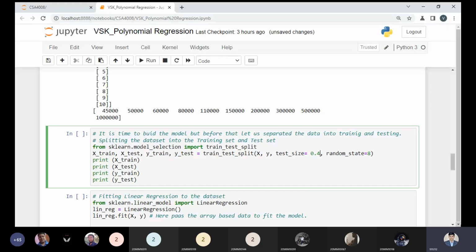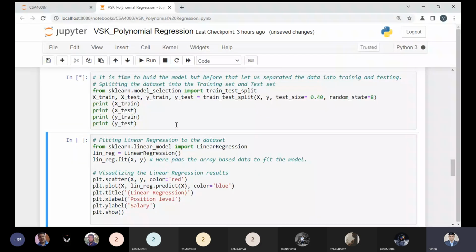Of course we have 10 total rows. So out of the 10 rows, 4 rows belong to the testing part. Now I'm executing this code. After executing it, you will see after some time the information display the total testing size, which is 4, because out of the 10 we are choosing 40%, so 4 will be the testing part and the rest will be the training part.